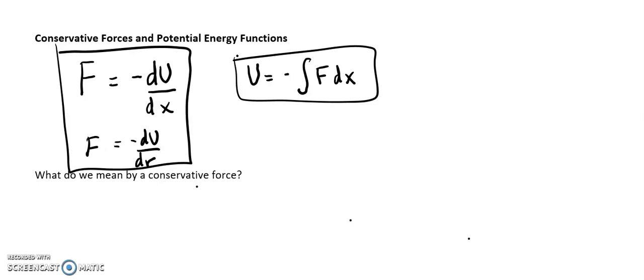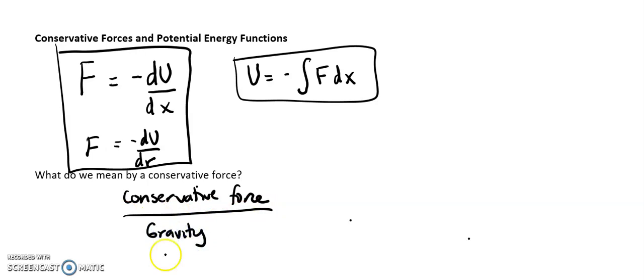A conservative force is one where we only care about the starting and ending points and not the path that the force went. An example of a conservative force is something like gravity or spring forces. With both gravity and spring forces, you can always get back the work done against it. While something like a non-conservative force,